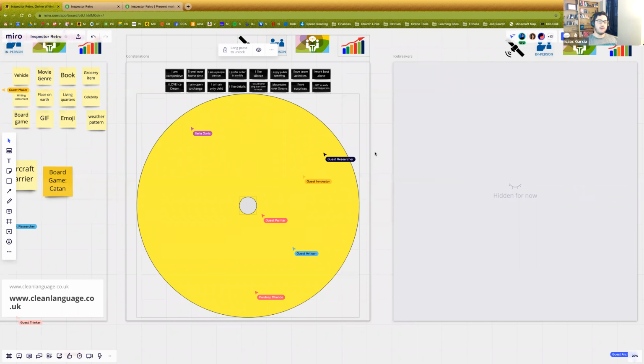And then if you really agree with that statement, you stand right next to the item. If you kind of agree, you move a little bit further back, and then further back and further back. If you really don't agree, you move way far away. And so it's really great in person.